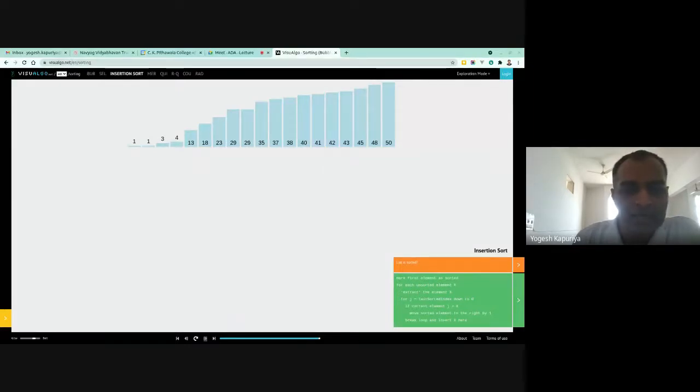And that's why we can say that n square, or big O of n square, is the upper bound for a given algorithm. And that is what we call the time complexity of that algorithm. But the notation is big O. Big O means we are considering the worst case. Here also you can see we are considering the worst case.